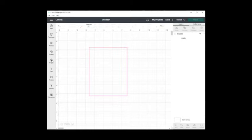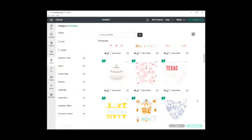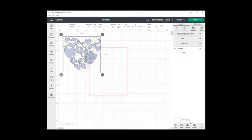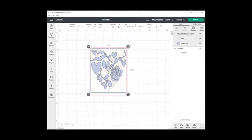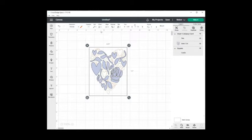All right, next we're going to come to images. And let's search for Cutaway, maybe Get Well. And let's scroll down, maybe like this one. Let's add this one to the canvas. Move it down to our guide. And let's unlock it so that we can make it just a tad bigger. Let's see what it looks like if we adjust the size. Maybe about like that. Let's select both and let's align it to the center